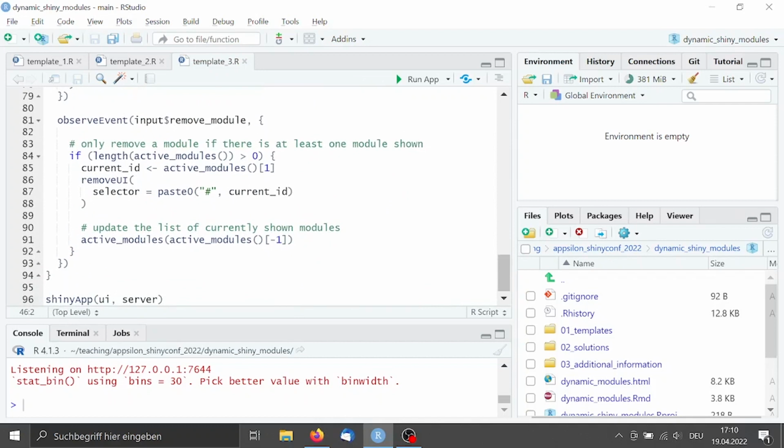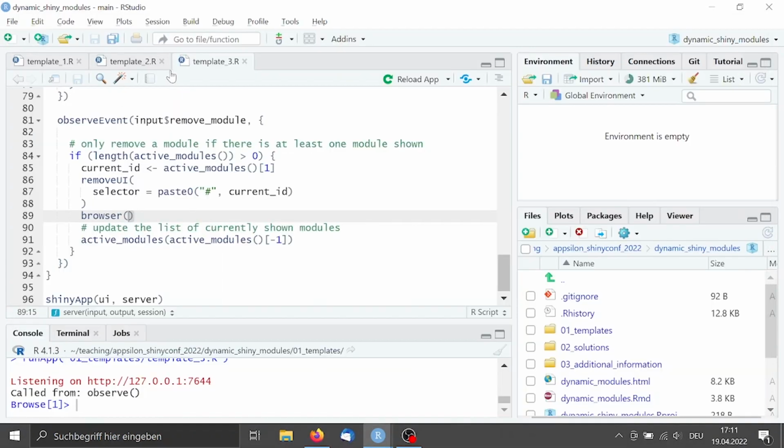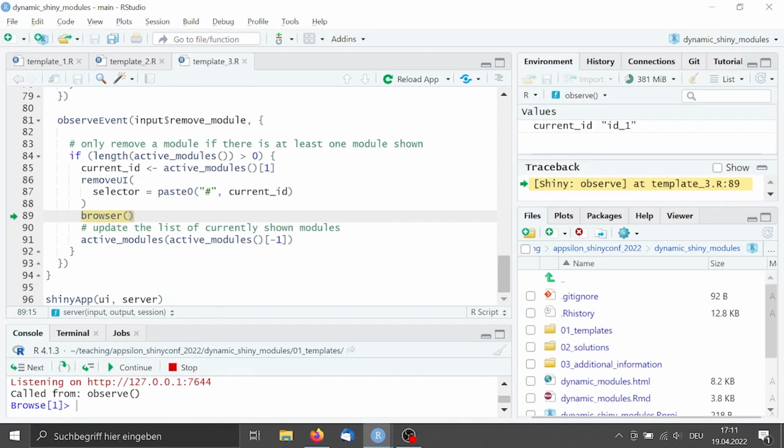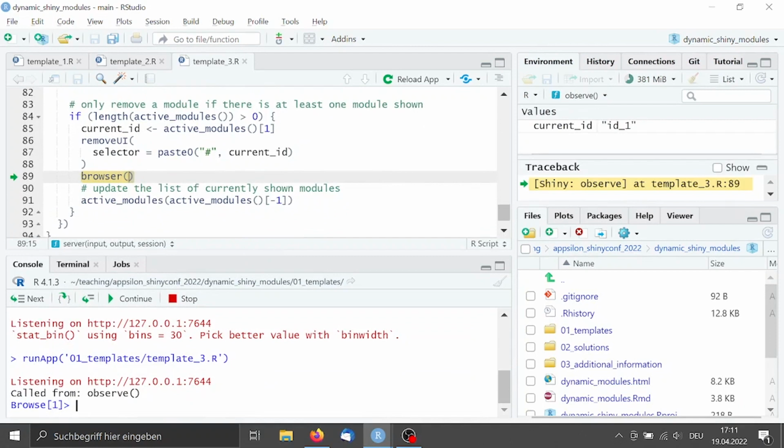So here in this input remove module, I now add a browser so that we can see what happens when we only remove the UI part. So let's run this app. I add a module, and now I remove the module. Okay. And now here in the browser, we can print actually how this input element looks like,